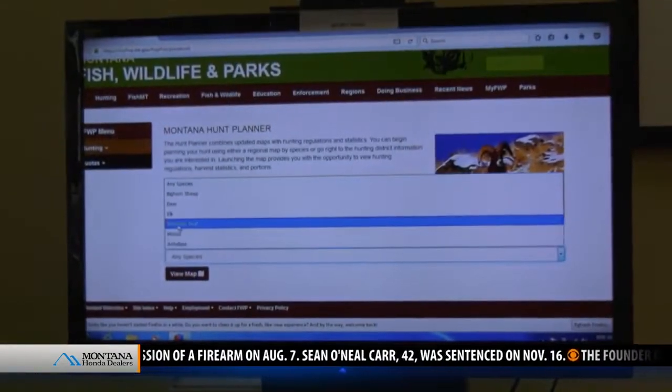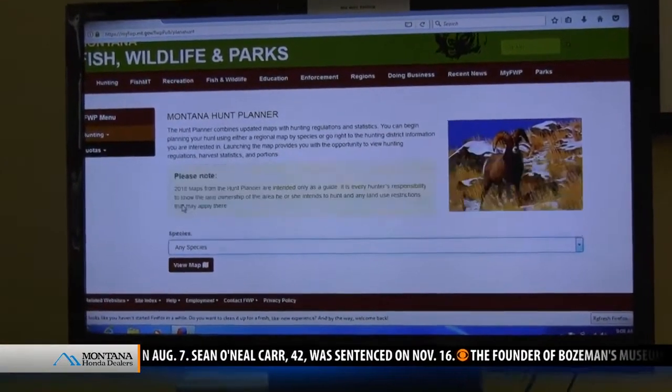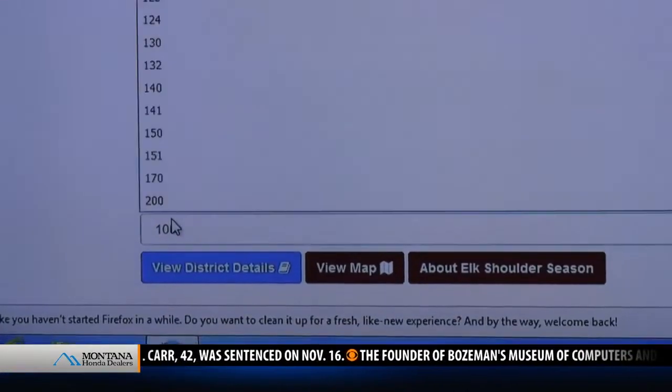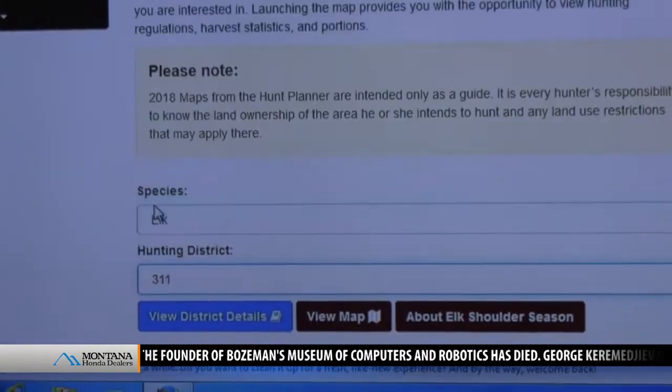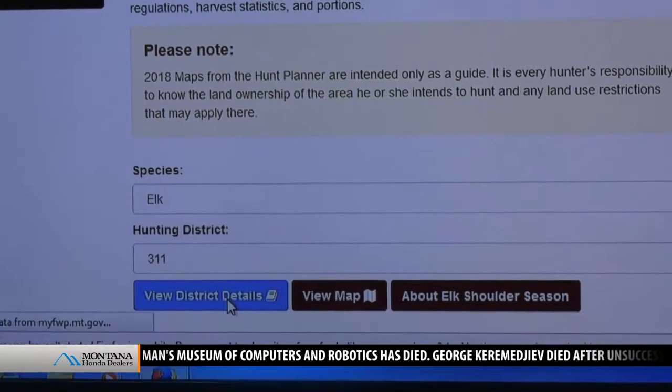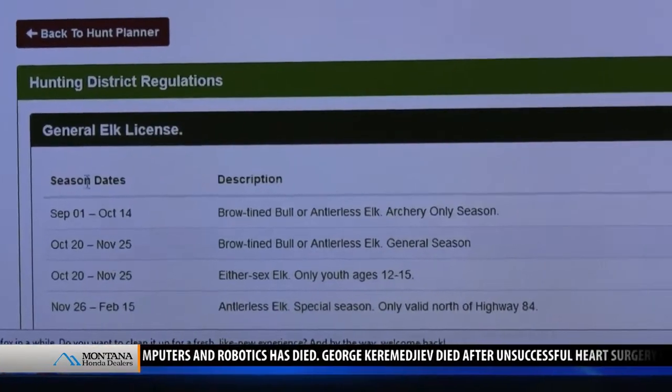So if you're going to get started doing this, just give me an idea how I would do that. If you've never used this before, is it pretty user-friendly? It is. Basically, when you open up the map, it's kind of like Google Maps. You can play with different base layers. You can have satellite, just like Google Maps, or you can change it to land ownership, kind of like you would have on a Forest Service map. It'll show you the boundaries for BLM, public land, wildlife, and wilderness areas versus private land. You can play with those base maps based on what you want to see.